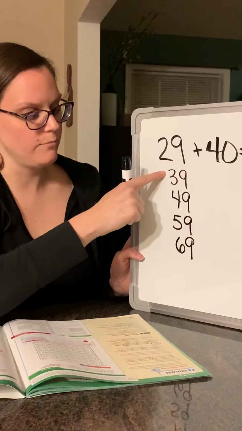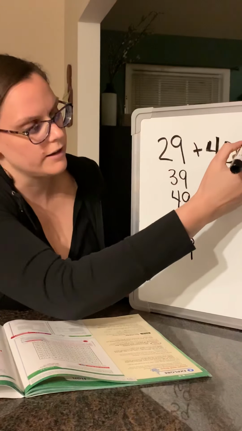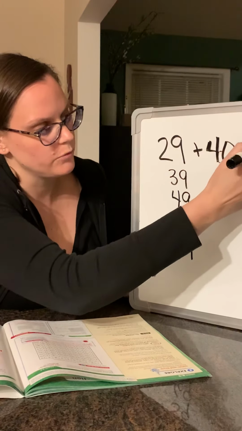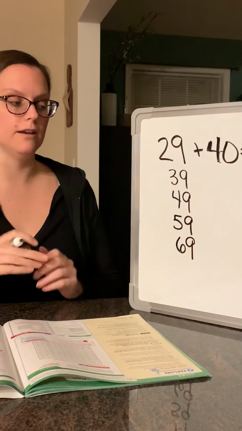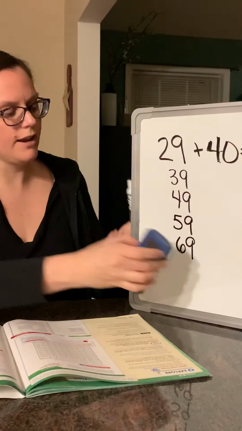Okay, 6. So I move down 1, 2, 3, 4 tens. That brings me to 69. So I know that 29 plus 49 equals 69. Okay, but now, to grab my eraser, now